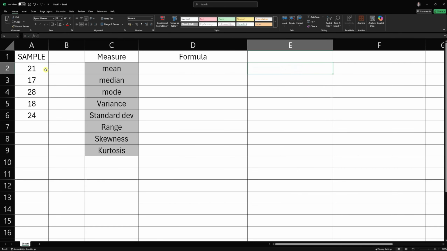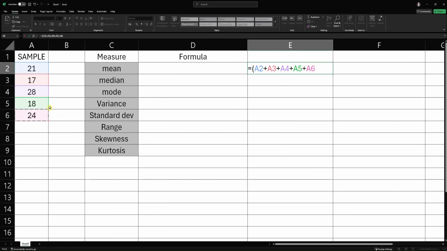Okay, so let's try to compute for the mean. Again, the first thing that we have to do is prompt Excel with an equal sign and then reference our cells. But first, remember that the formula for mean is the summation of all of the values divided by its total count. So we first have to make sure that we follow the rules of PEMDAS. So we type in an open parenthesis, you click, and then you click your first reference, second, third, fourth, and